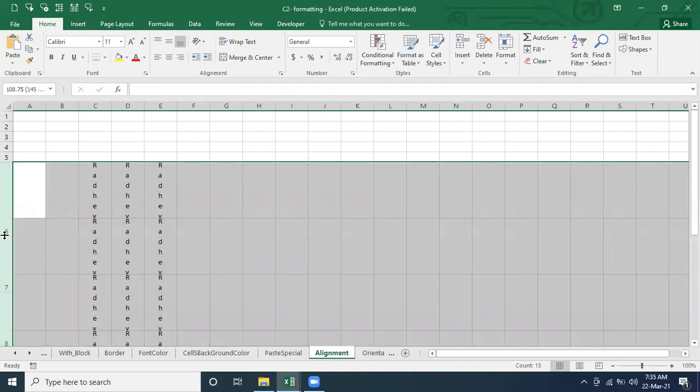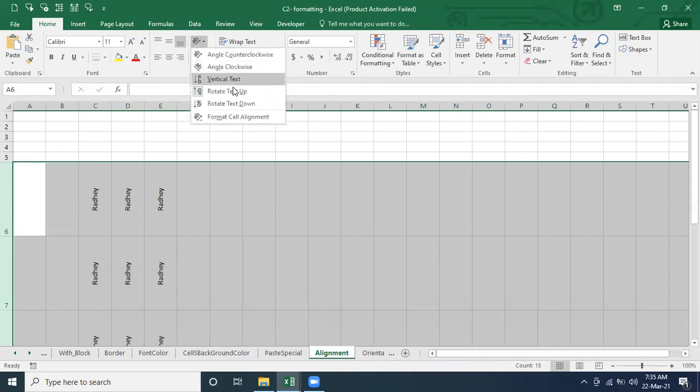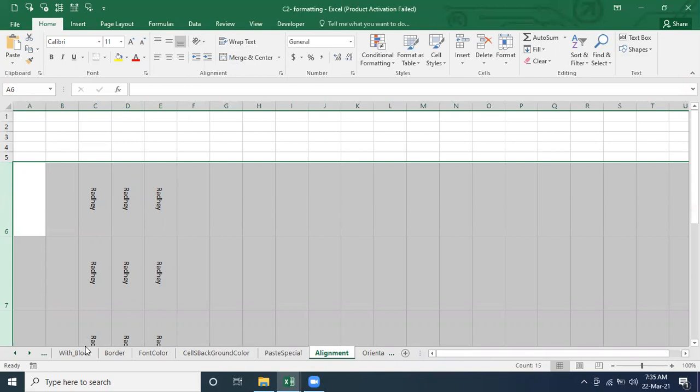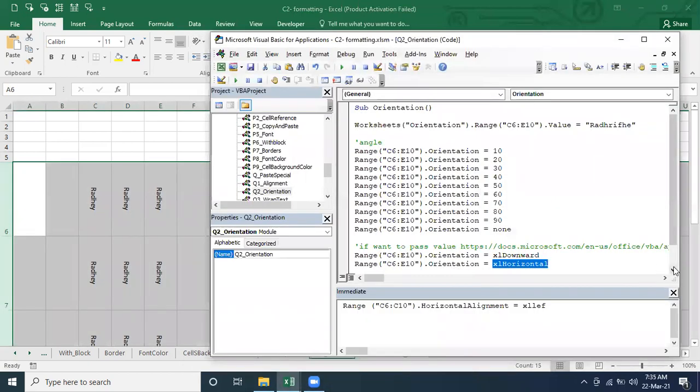Let's see how it's going to work. It's going to work for these options. Or if you want to use rotate text up, it will be like this. Or rotate text down, it will be like this. So if you want to use any one of these, how can you pick these options? By default, a few options are available here which we have to pick.